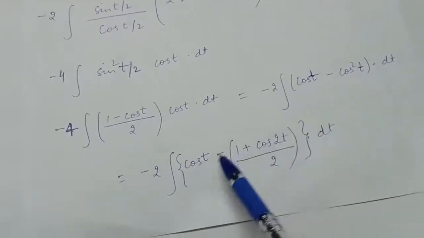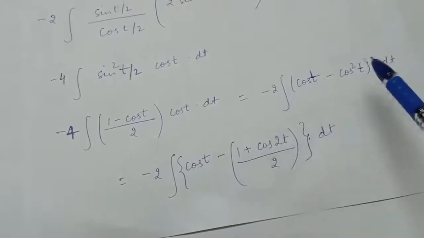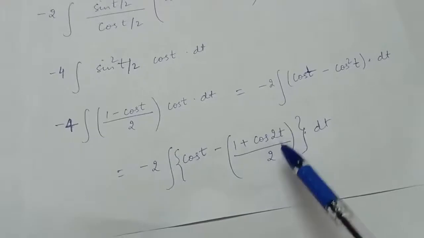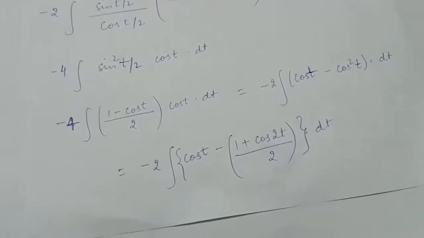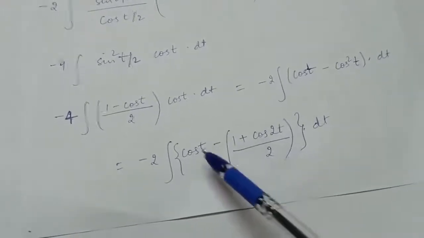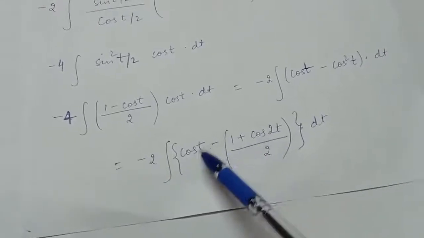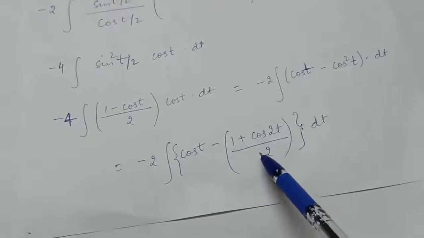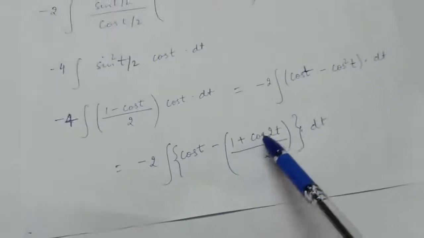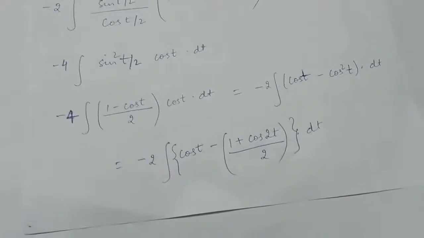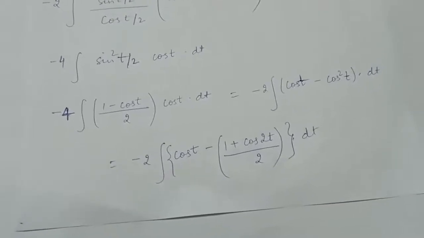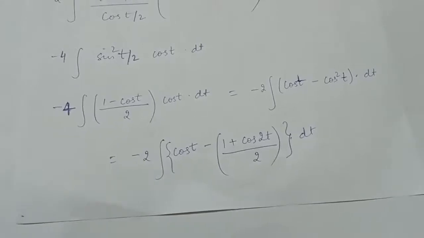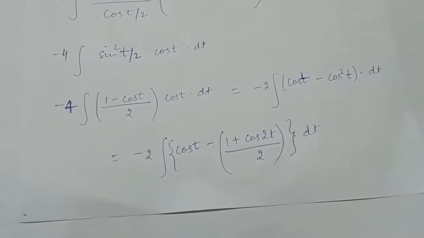Now you know the integral of cos t minus, to find the integral of cos square t, write it down as 1 plus cos 2t upon 2, right? Now you can do the further steps. You have to write down the integral of these three. The integral of cos t is sin t, integral of minus 1 by 2 is minus t by 2, and integral of cos 2t by 2 will be 1 by 2 into sin 2t upon 2. And in place of t, then write down what we have assumed.